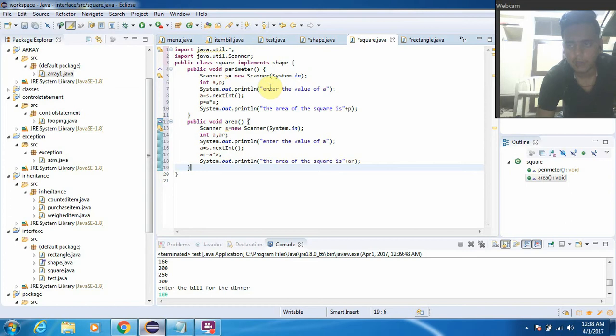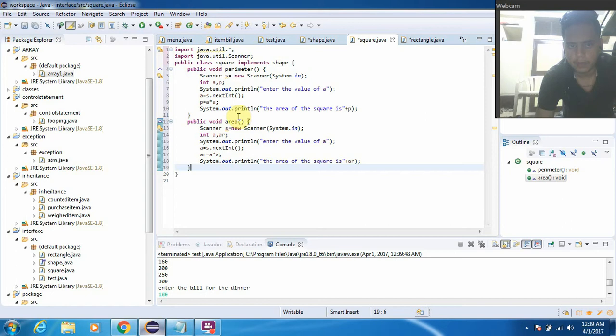Here I am going to display one message, enter the value of a, and we are giving the input. In p, we are storing the result a into a, and we are displaying a message on the screen, the area of the square is,